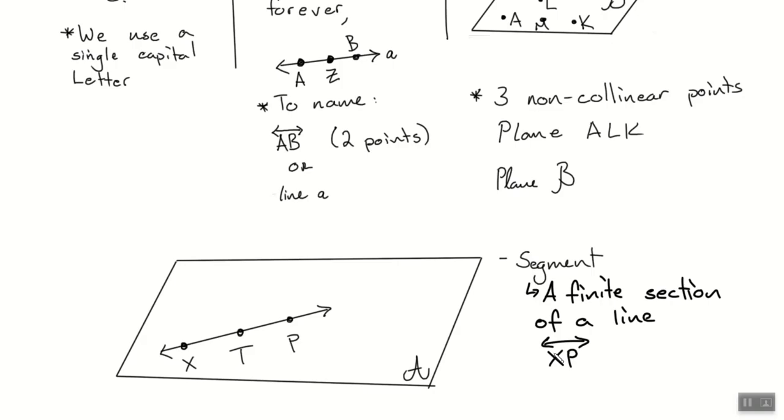Is what I've drawn correct before you decide to copy it? No. Why? Because you put the arrows on the end. So what do I do? You keep them off. Right now, I know that I have X and P as my ends of it. Does it go on forever anymore?